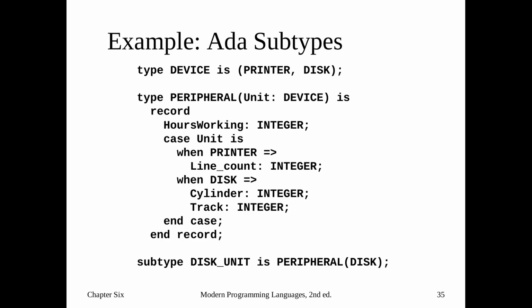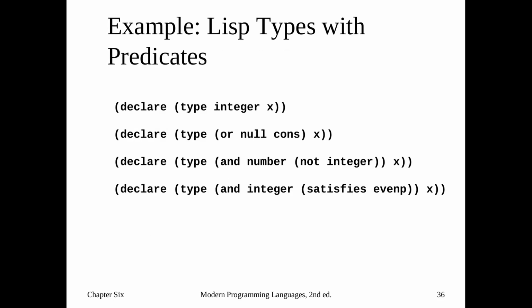So we return back to the Ada subtypes, and now we're looking at the same concept. We have a device, we have a printer and disk. We create a new type, peripheral, that takes in a type of device, which is a unit. Right, then it has the whole record going on. We can then subtype and create disk unit as a peripheral of disk, right? We could then use that in place of the original, saying that it's only looking at a peripheral that responds to disks. On the other hand, in Lisp, right, we have types with predicates, so